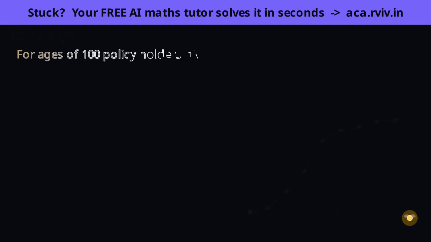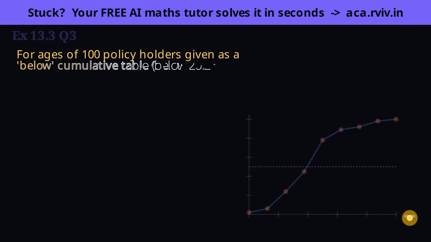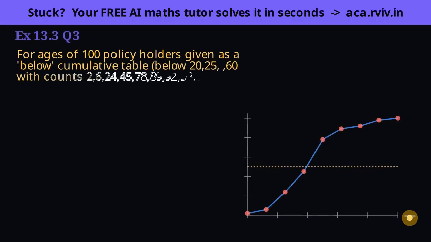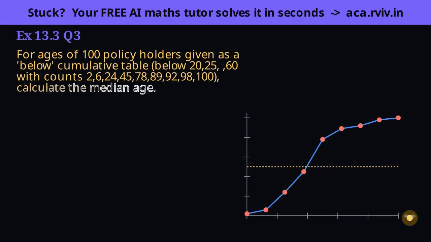Below, data is already cumulative. Subtract to recover the ordinary frequencies, then find the middle. The below counts are already cumulative, points on the ogive. But the median formula needs the ordinary class frequencies, so subtract each running total from the next. The jump between consecutive cumulatives is how many fell in that class. That gives 2, 4, 18, and so on.